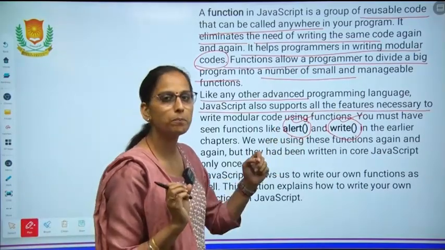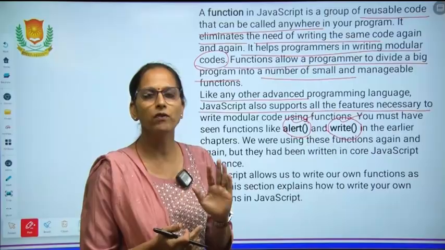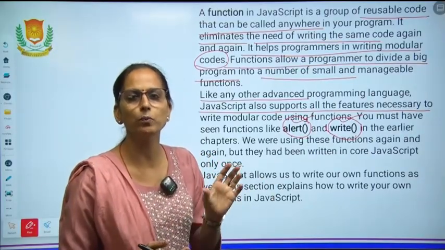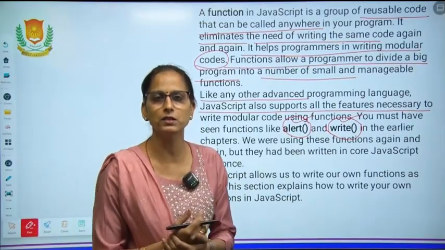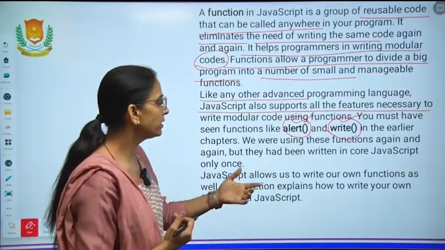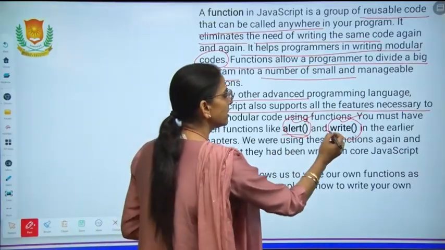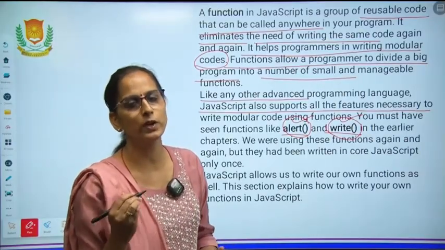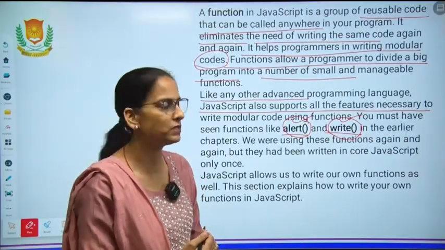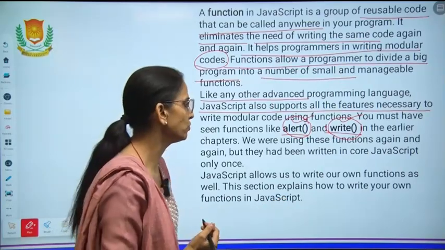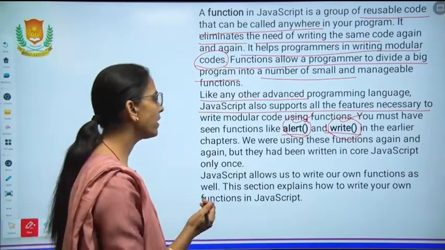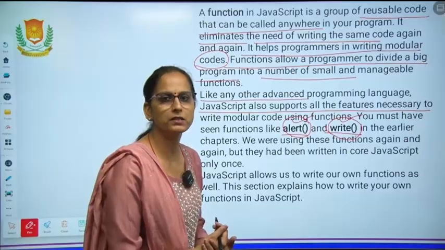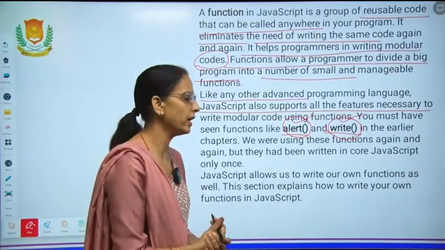They are built-in functions. We will discuss built-in functions in detail in this session. Right now we are just discussing that alert and write are the two most frequently used functions in your web pages and why they are used. In the earlier chapters we have used these functions. Now we will be discussing these functions in detail.